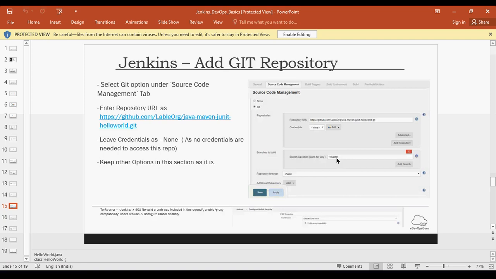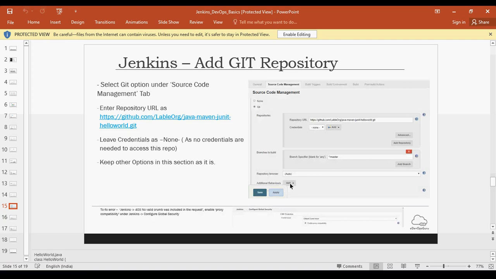Okay, so coming back to one thing, in this process, when we are defining it this way, you can also choose, using the additional behavior, how code would be checked out. By default, if code is not there, then it would be cloned.